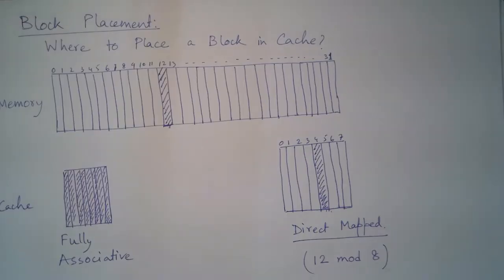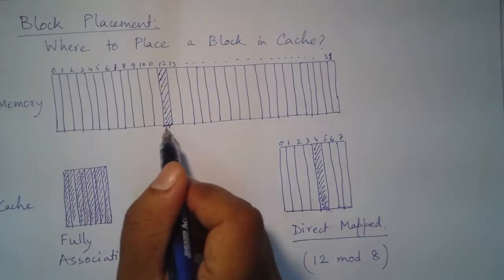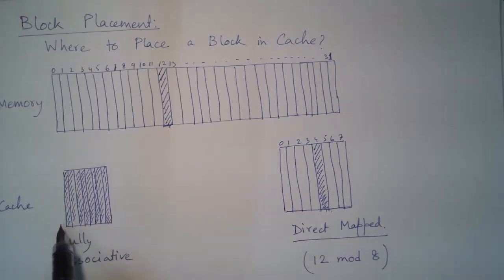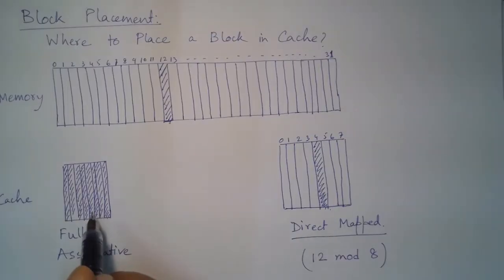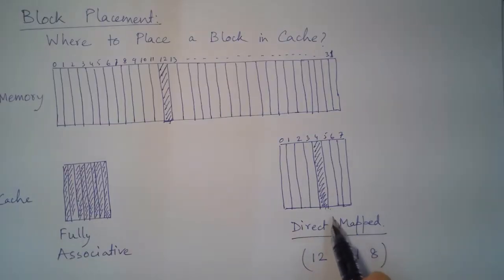Now, then there is something intermediate, which is basically we do not want the rigidity of only one location where the block can be put in, and also the extreme flexibility where the memory block can be placed anywhere. Both of them have their advantages and some severe disadvantages. So, in this case, the time required to figure out whether the block is available in cache or not can be very high compared to a situation like this. But in this case,